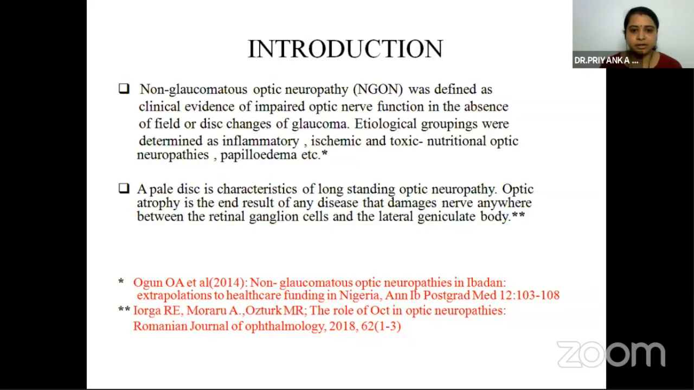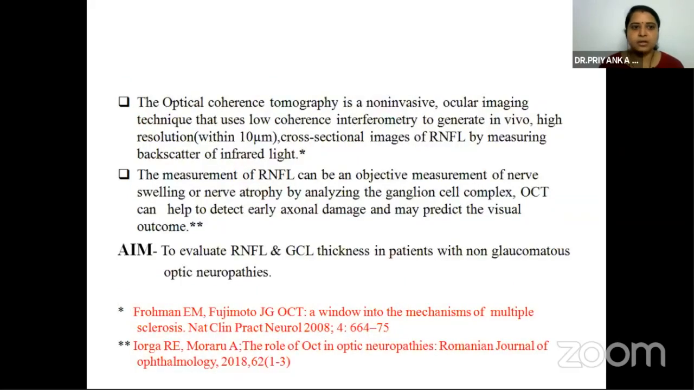Pallor of the disc is characteristic of a long-standing optic neuropathy. Optic atrophy is the end result of any disease that damages the nerve anywhere between the retinal ganglion cells and the lateral geniculate body. OCT is a non-invasive ocular imaging technique that uses low-coherence interferometry to generate in vivo high-resolution